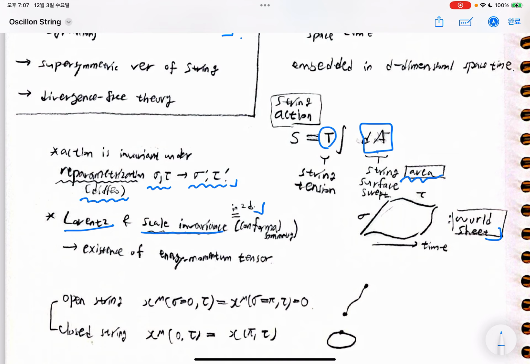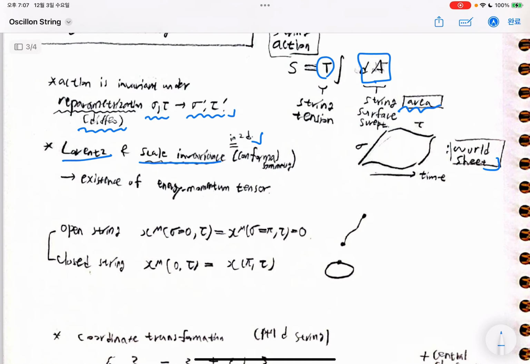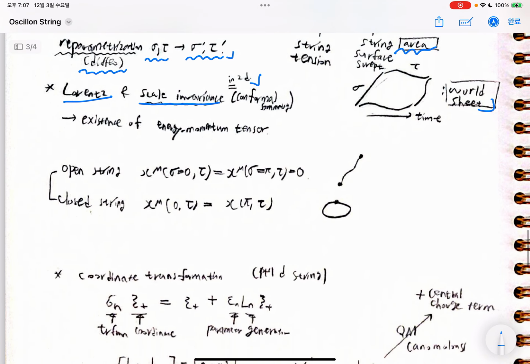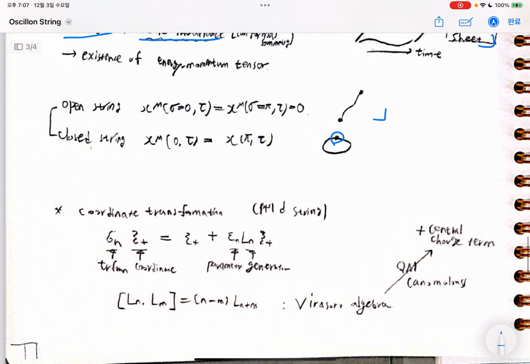Such invariance of the Lorentz and the scale implies the existence of the energy-momentum tensor by the Noether theorem. And we can classify specific strings, like the open string, where the endpoint and the starting point are different, but if the endpoint and the starting point are the same, it is called a closed string. And for the 1 plus 1 dimensional string, the 2D string, the coordinate transformations can be